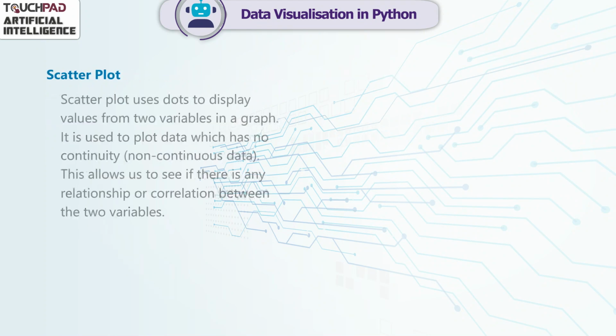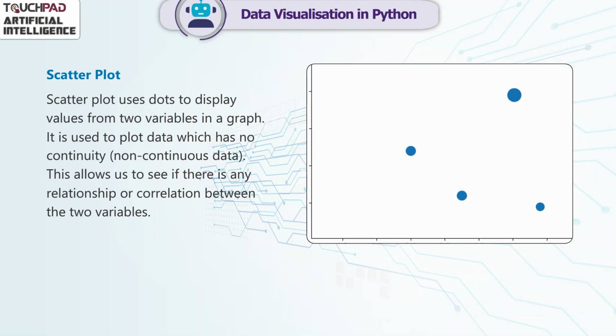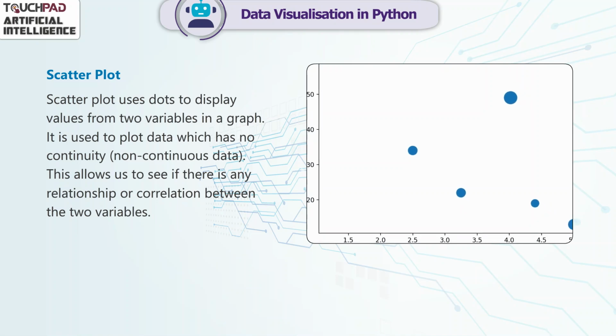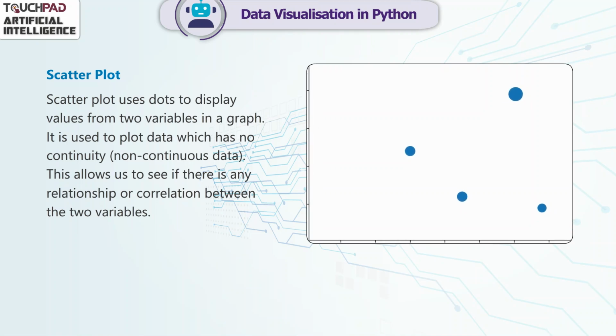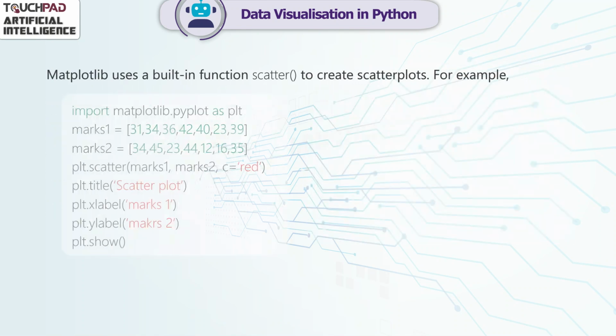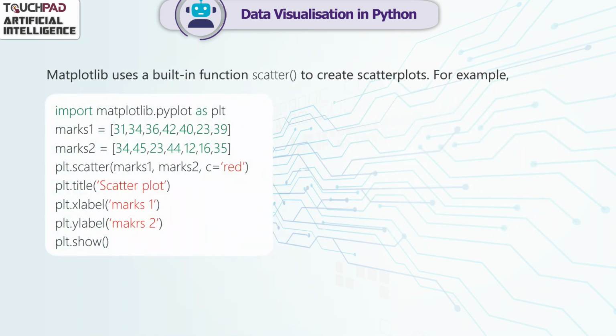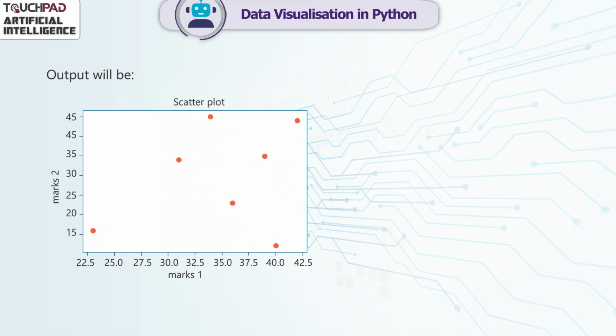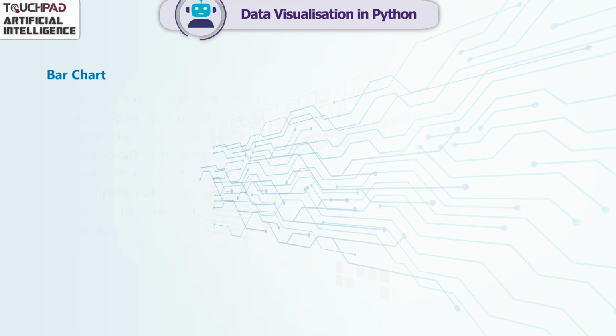Scatter plot. Scatter plot uses dots to display values from two variables in a graph. It is used to plot data which has no continuity, non-continuous data. This allows us to see if there is any relationship or correlation between the two variables. Matplotlib uses a built-in function, scatter, to create scatter plots. For example, the output will be